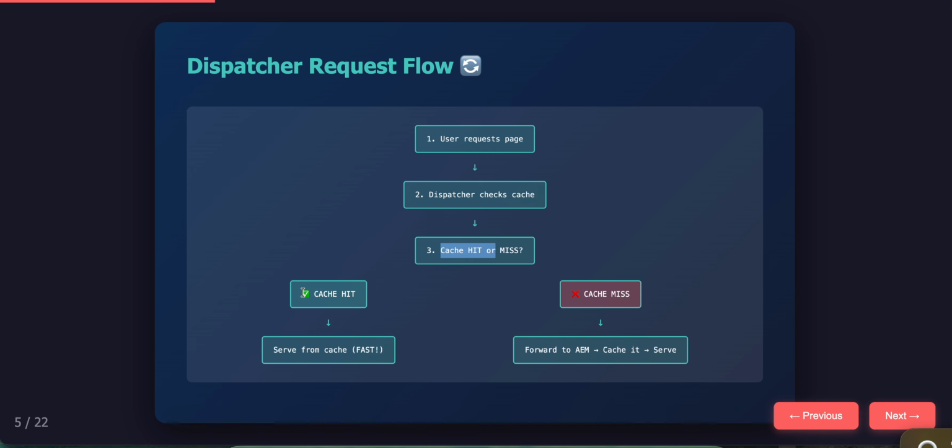So you can see, if that is a cache hit, then that content will be served from the cache and it will be fast. And if that is not in cache, then it is called a cache miss, and the request will go to the backend publish instance, which will process that request and forward it back to the client. Okay,